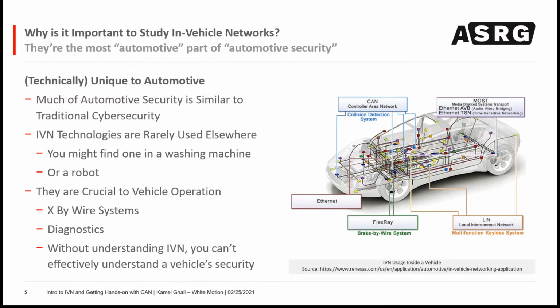And because they're crucial to the vehicle operation, anyone hoping to explore the full breadth of an automotive security situation needs to understand how these automotive in-vehicle networks play into the operation of a vehicle. For example, what's shown up here, an X-by-wire system. An X-by-wire system is a system in which driving or steering or braking is directly controlled by data from an in-vehicle network. And so this is a situation in which understanding of that network is critical to understanding the cybersecurity